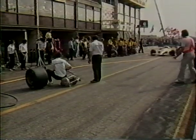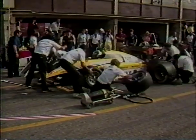And moving into the pits, Patrick Tombe. So Elio De Angelis' problem is solved for the moment anyway, because into the pits comes the Lotus of Patrick Tombe. Already his teammate Derek Warwick out of the race, and it's a tyre change. And I think Tombe stalled the engine there, but he's got it restarted again. And the tyre change is over. One rear wheel not finished. Now all 4 are done. Away goes Patrick Tombe back into the race on fresh rubber, but that has dropped him behind De Angelis and